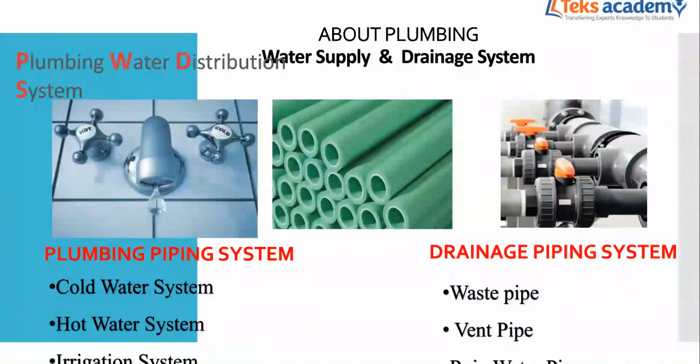Now come to the plumbing. In plumbing, we are having the PWD system, meaning plumbing water distribution system. In plumbing piping system, we are having cold water, hot water, and irrigation. So mostly we go with the cold water, hot water, because we are completely designing for the building information model. So we know how the plumbing is done in action, but how to design and model will focus in